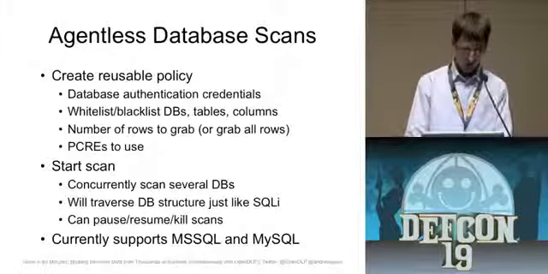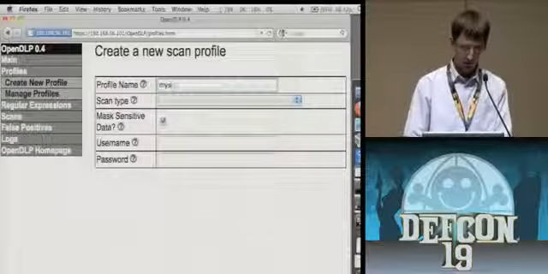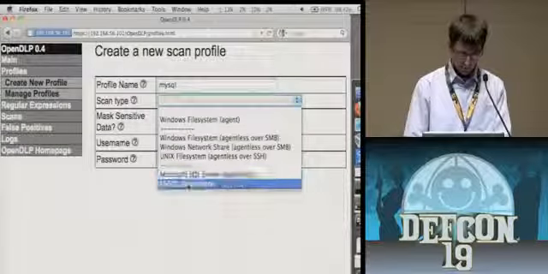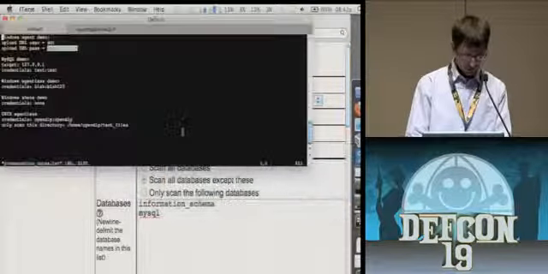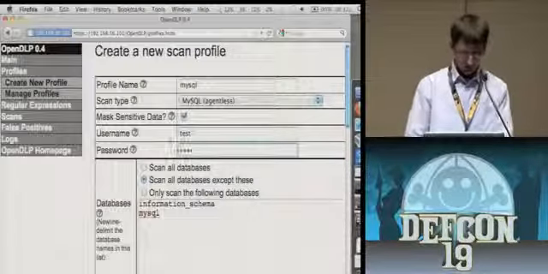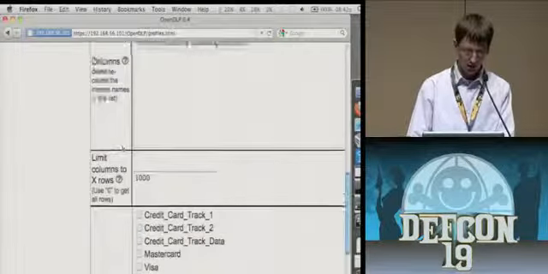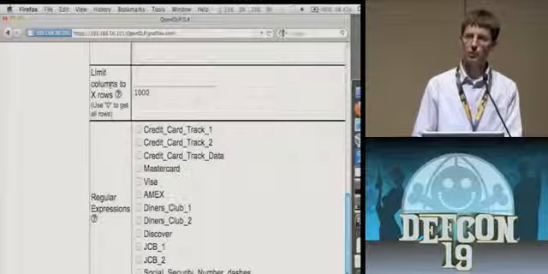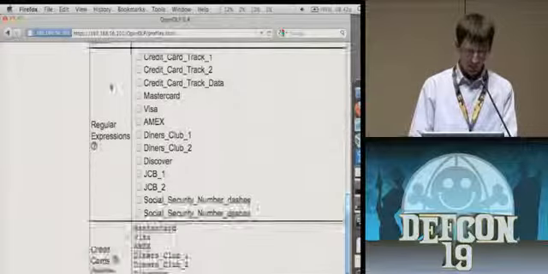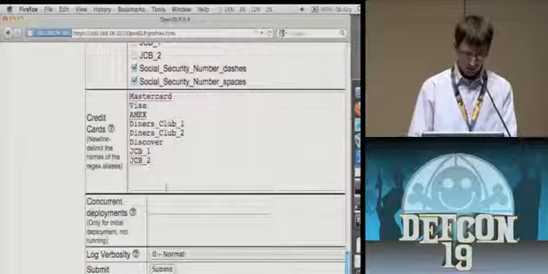So I'll give a quick demo of that. We're going to create a new profile again. We'll call this MySQL. Test and test. And here's where you can whitelist and blacklist your databases, your tables, your columns. You can limit how many rows you can grab. So if you want to grab all rows, just enter a 0. But be aware that some tables are quite large. If there's a million rows, it would take a while. So we'll submit that,